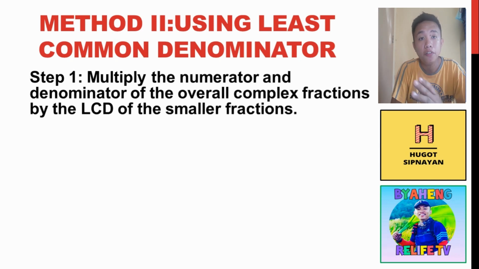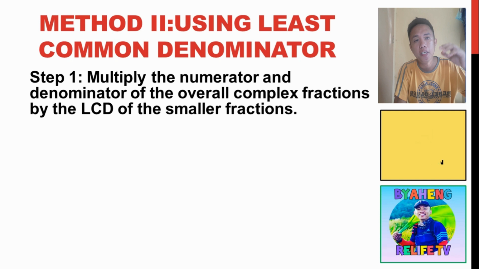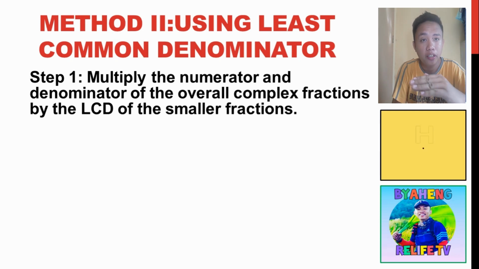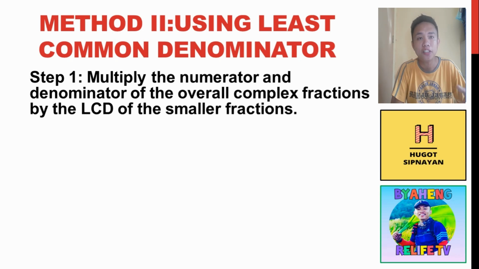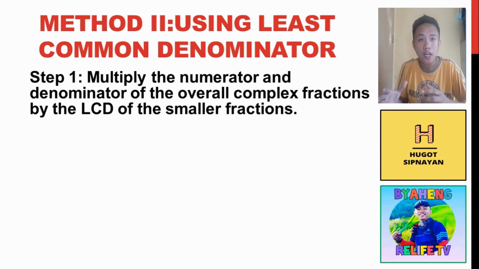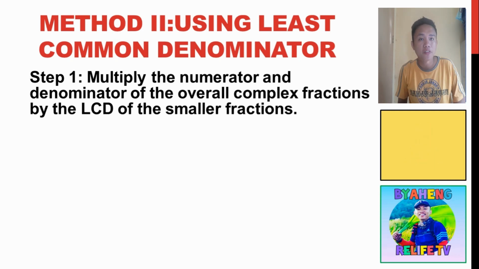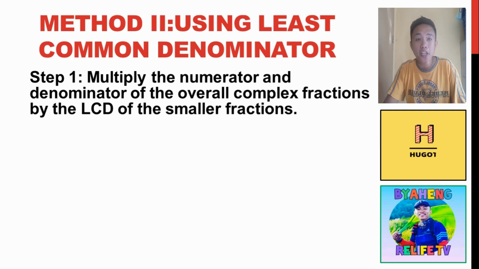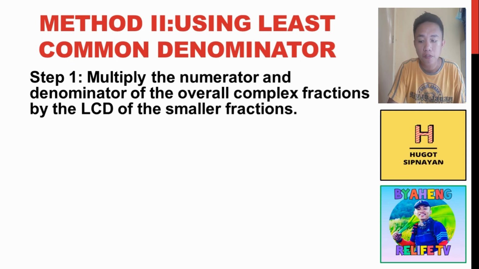In the first step, we get the LCD of the whole numerator and denominator. This means we take all the denominators in the numerator and all the denominators in the denominator of the complex fraction. Then we get the main LCD, and multiply it to the whole complex fraction, numerator and denominator. Let's have this one. This means we multiply the numerator and denominator by the overall complex fraction LCD,